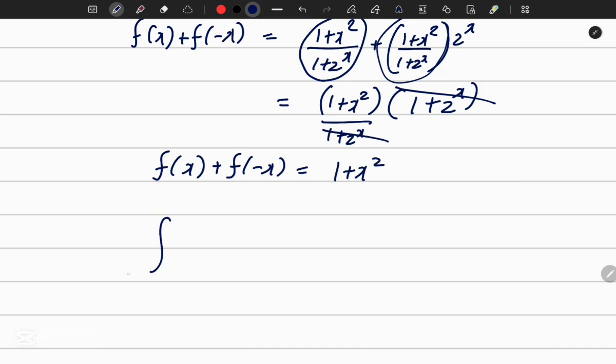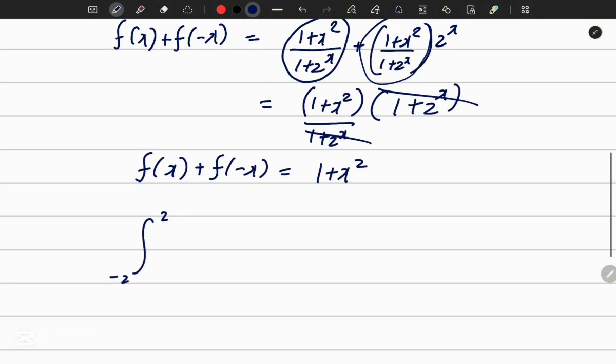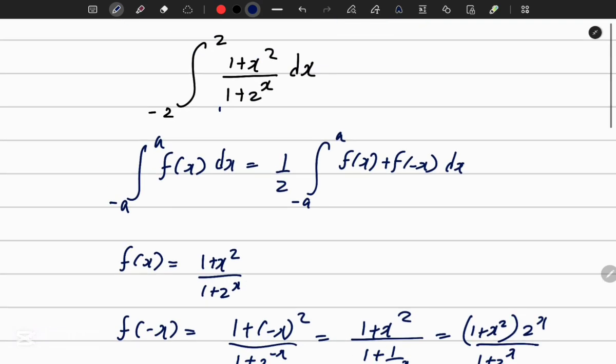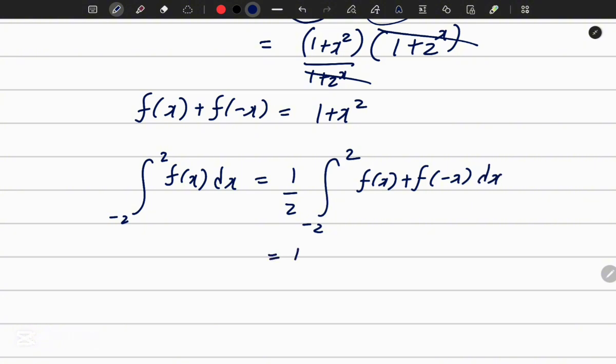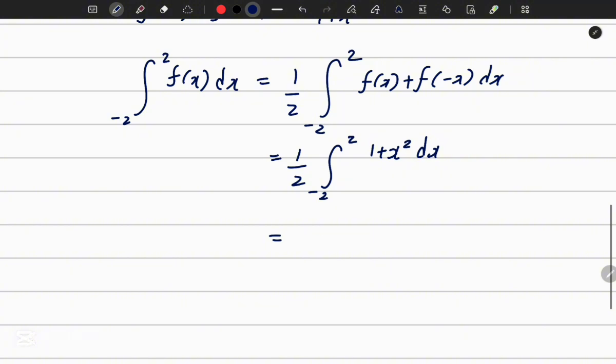So by using the theorem, the integral from -2 to 2 of f(x), let's say it is f(x), right? f(x) is (1 + x²)/(1 + 2^x), this is the f(x), equals 1/2 times the integral from -2 to 2 of f(x) + f(-x) dx. Now I have found what is f(x) + f(-x). It is 1 + x² dx. Now I can integrate this simply, right? 1/2 times [x + x³/3], limits are from -2 to 2,